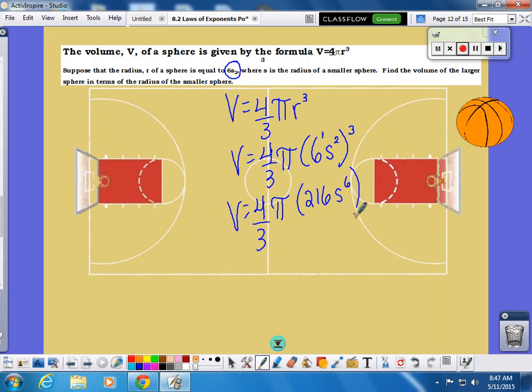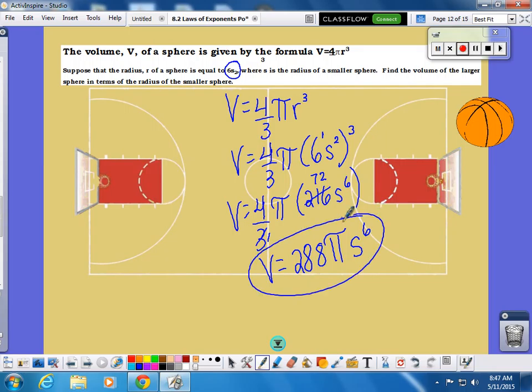Now 3, let's do some cross reducing here. 3 will go into 216, what, 72 times? Yes. Going into 21 7 times, going into 6 2 times. So what is 4 times 72? 288, and then pi is part of the number, s to the 6th